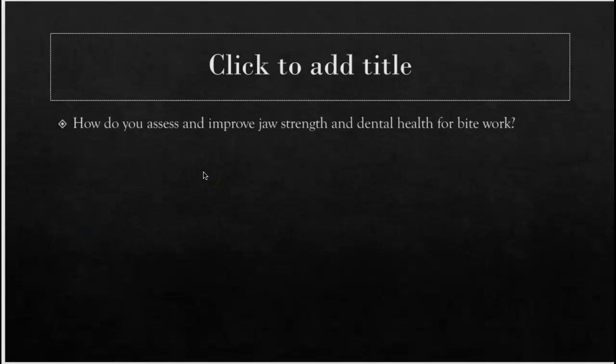How do you assess and improve jaw strength and dental health for bite work? Such a good question here. So first, always looking at dental health. I like to have my handlers work closely with the dog's mouth, making sure they can touch their teeth, get in there, feel around,